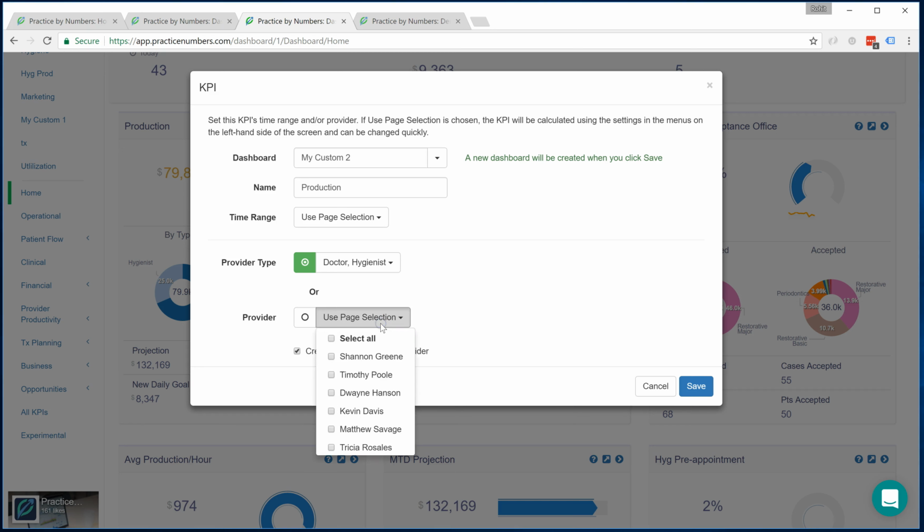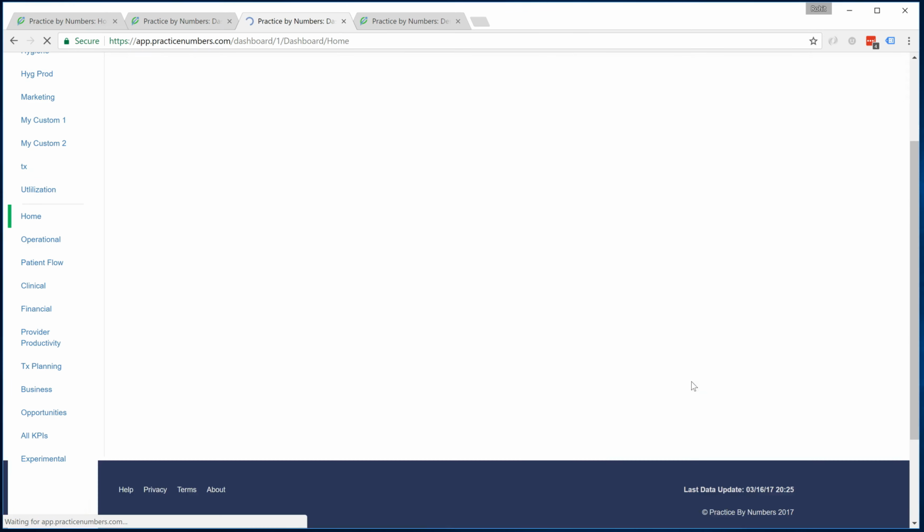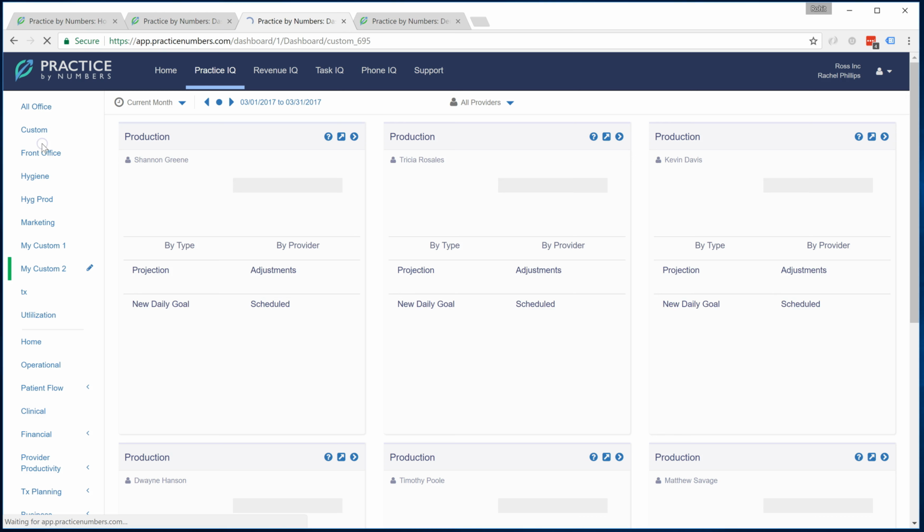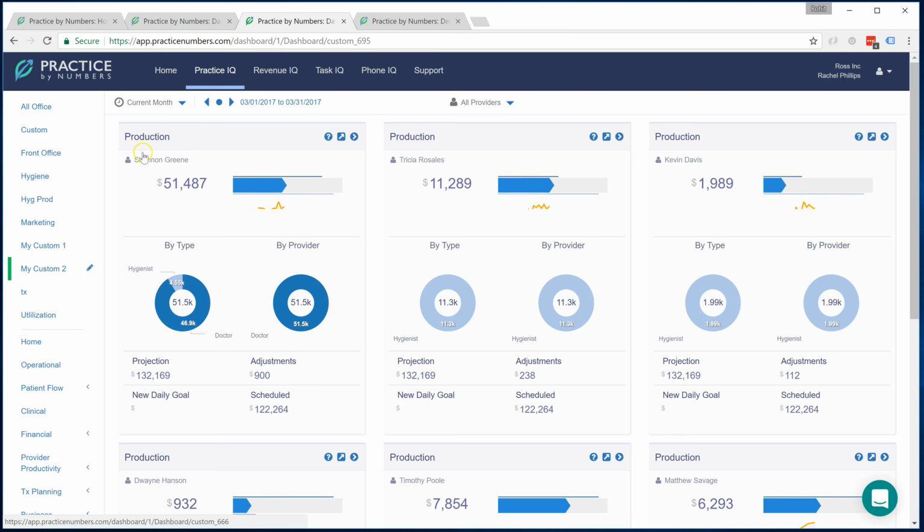So it'll take all of those active providers and create an individual panel after you click this button. Alternatively, you can pick the providers that you want to be added, and it'll do the same exact thing. So this is just a shortcut to say put all my doctors and all my hygienists in there. I'm going to click save, and here I have a custom dashboard. Now what does this contain? What this has done is taken